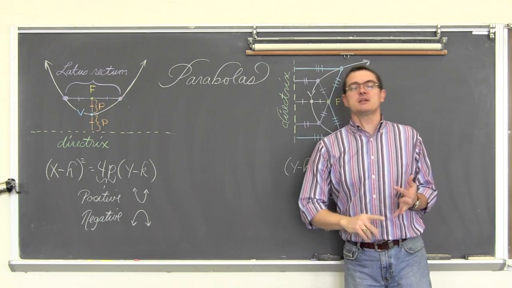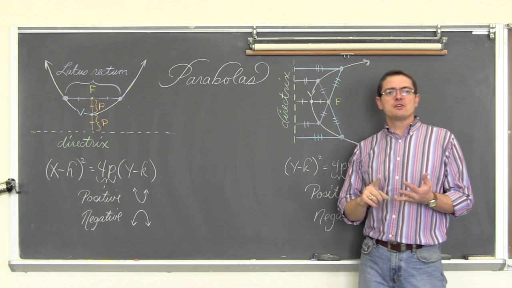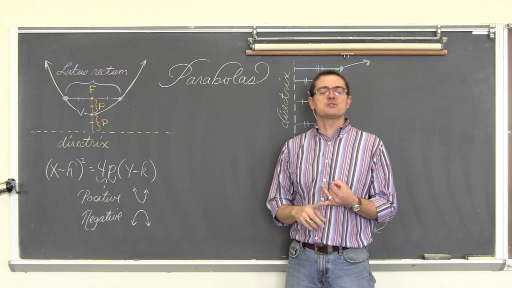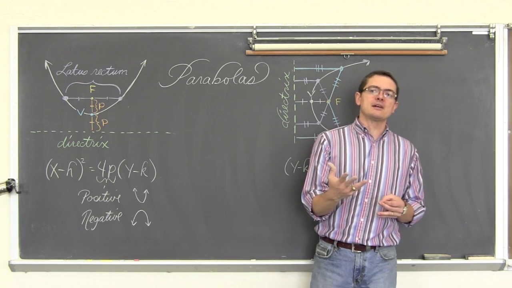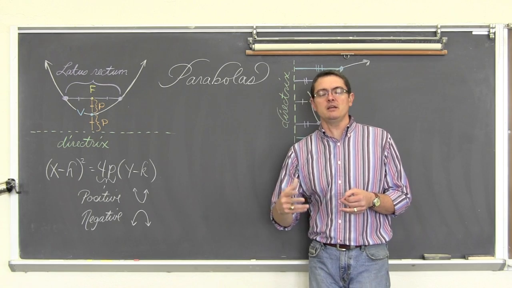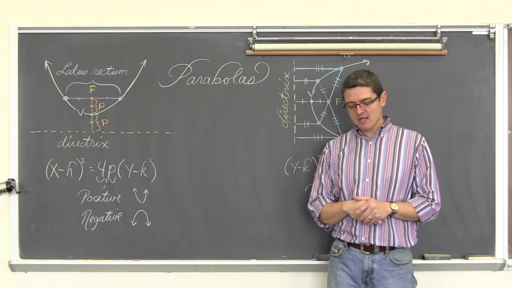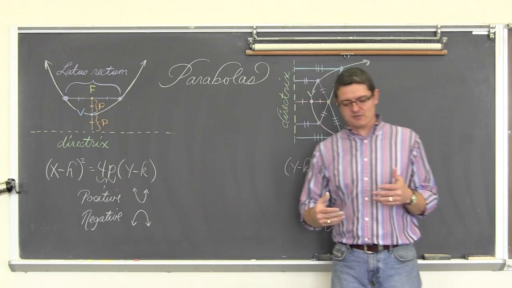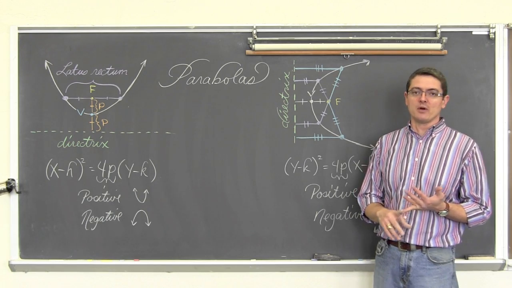And with hyperbolas and ellipses, we need values of a, b, and c. a going from center to vertex, b going from center to the end of the minor axis for an ellipse, or just the distance that's perpendicular to the transverse axis for a hyperbola. I'd love to have another name for that non-transverse axis. And then c is the distance from center to focus points.